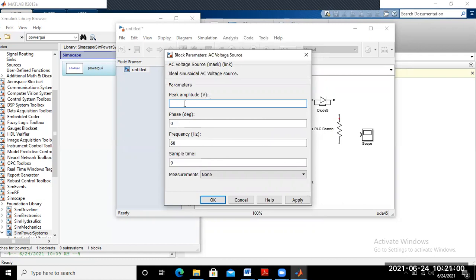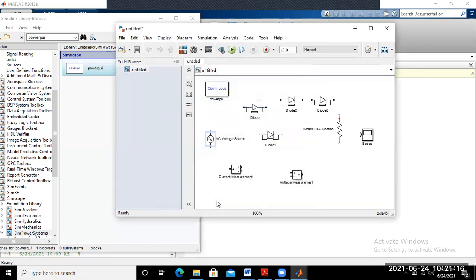Suppose 5 or 10 volt, and your frequency, suppose 50 hertz. So again, apply and okay. So we can change the parameters of the supply voltage according to our requirement or specification for the particular circuit. Okay. Now we just connect all the diodes in proper manner with the supply voltage and load. Okay. So if you number these diodes, that means this one.